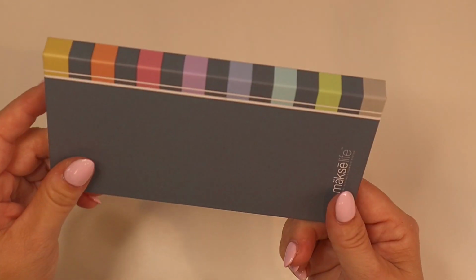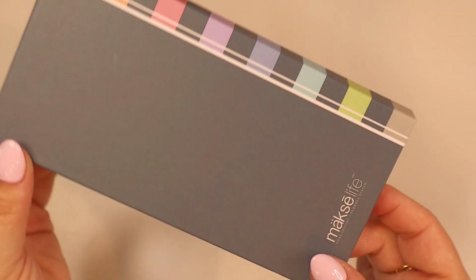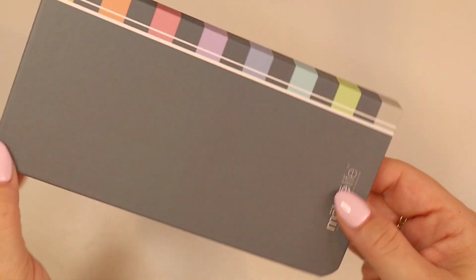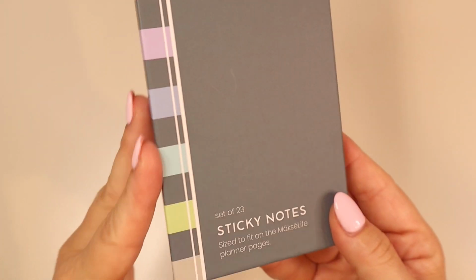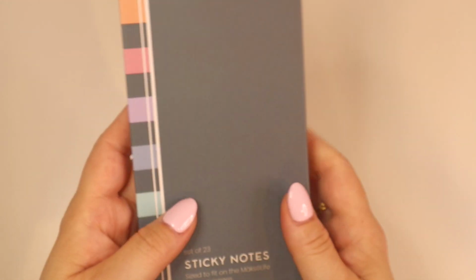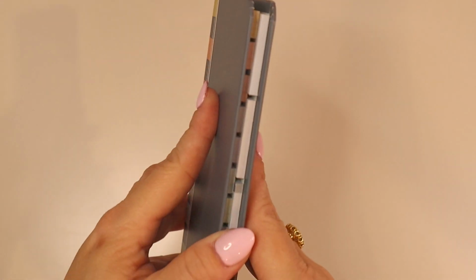And I remember when Sierra did a sneak peek earlier this year, where it was really close and you couldn't see the size or anything, and I thought for sure she wrote a book. Well, she didn't, but maybe that's in the future. But I just think this is so stinking cute. So it's really great because obviously they're portable, you can bring them on the go and they're not gonna get messed up, but